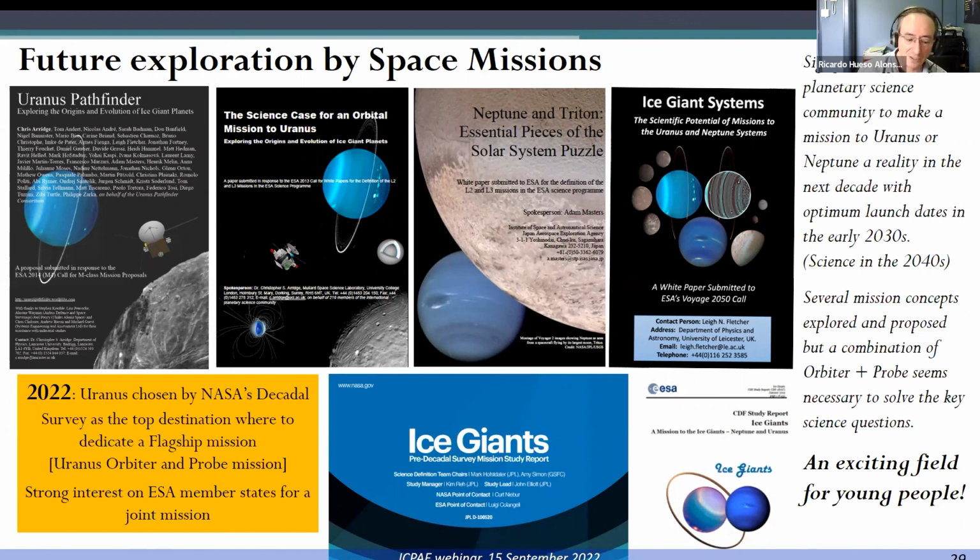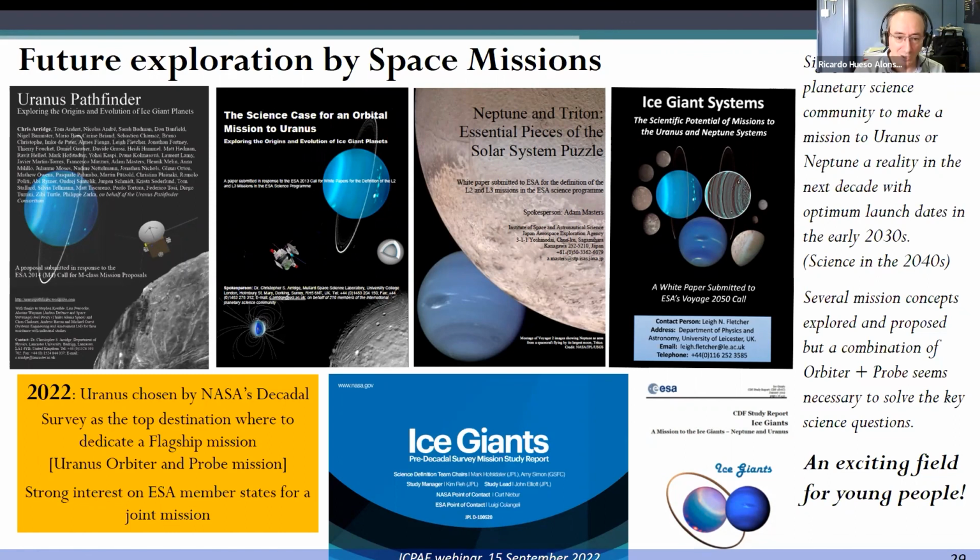If you look at the literature, you are going to find lots and lots of reviews of Uranus and Neptune in the last 3 years because of that, because the science community in planetary science, in giant planets, in solar system formation, and in exoplanets believe that Uranus and Neptune are very interesting topics. And Uranus is easier to study from a spacecraft point of view because it's closer and it's easier to arrive there. And there's one opportunity to develop a mission which could be launched in the early 2030s